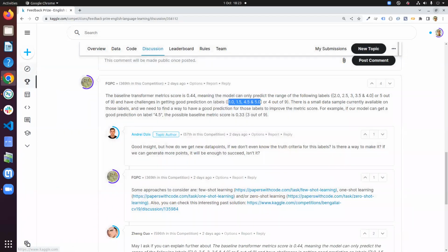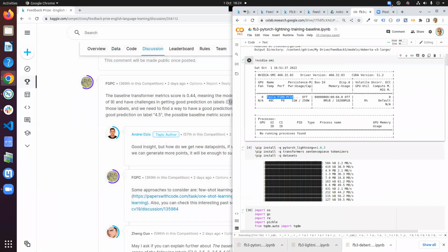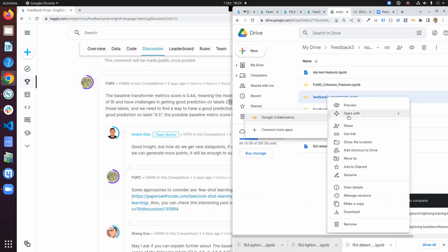I haven't yet looked at that, but even without that, once you have a model like yours, which is 0.42 or 0.43, or an ensemble model, we should be able to run it on the 11,000 essays in FB1 and get a bunch of pseudo labels, and then use all of that data either directly as input to train the model, or